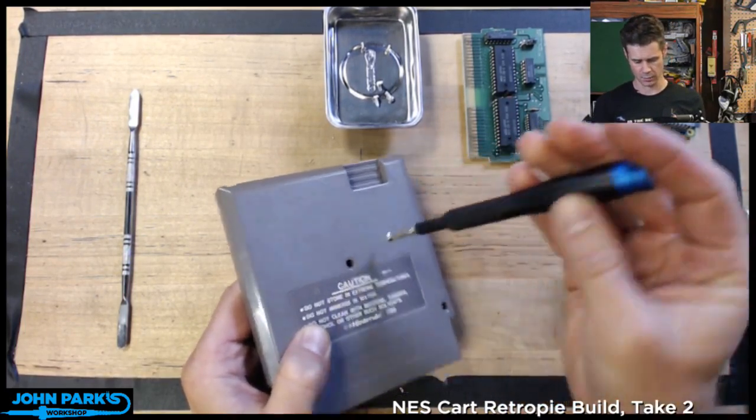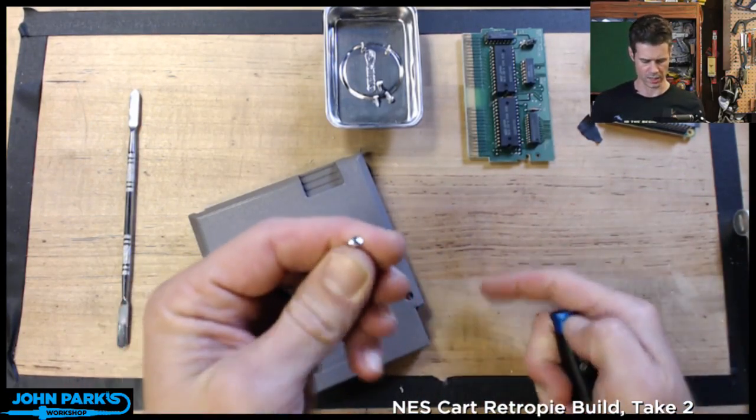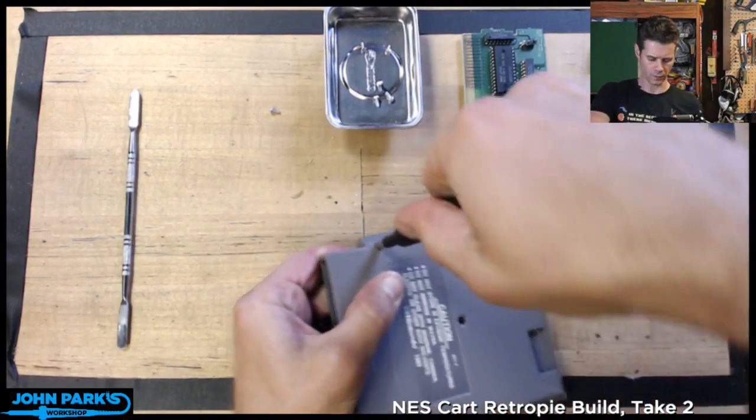Or you can slot screws sometimes like this if you can get in there, although that would be pretty difficult. You'd screw up the case if you used a Dremel tool to put a slot in that. But either way,